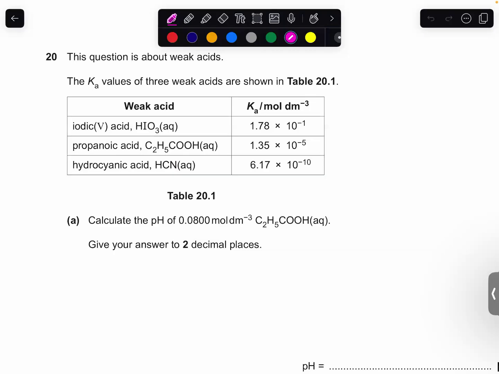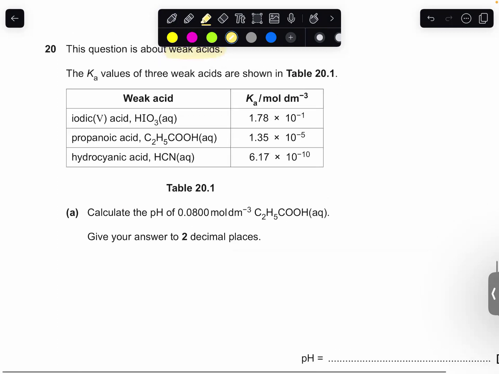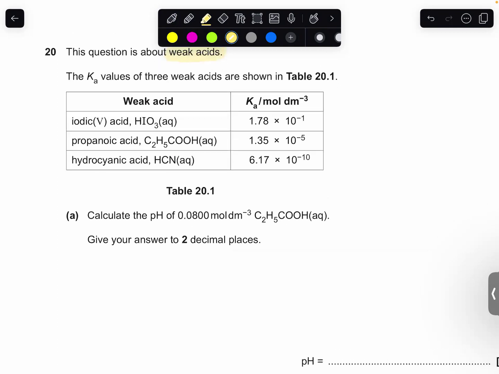We'll be looking at question 20, June 2019 paper. In this question, which is about weak acids, you've got a table of 3 different weak acids, and you can see that you've got a range of different weak acids. What's interesting is the Ka value. Now you see the Ka value